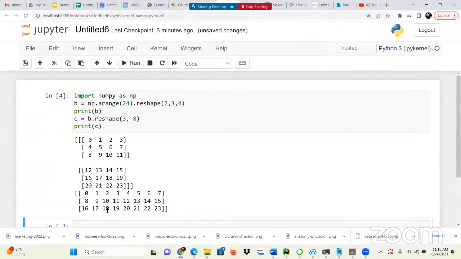Let's just use this 2D array C. Right now the shape is 3 by 8. So if I want to stack another array horizontally beside it, what should the shape be? Would it have to be the same size, 3 by 8? 3 by 8 works, but it doesn't have to be 3 by 8. However, it has to be